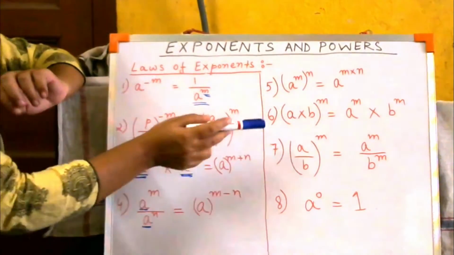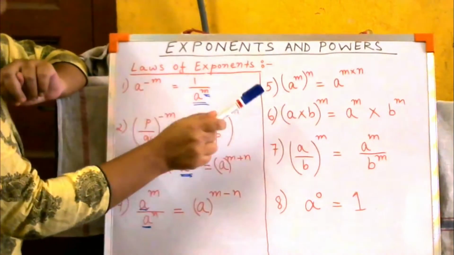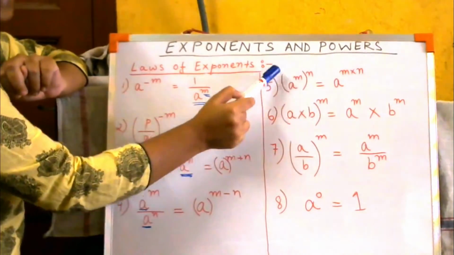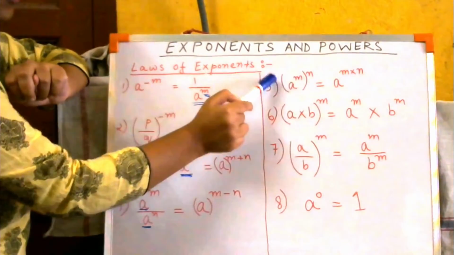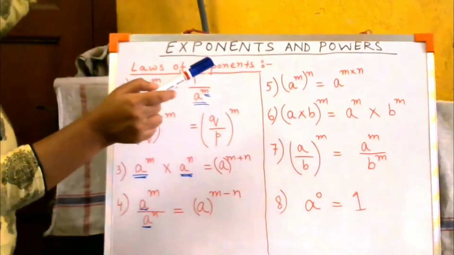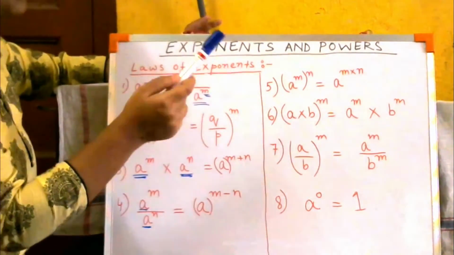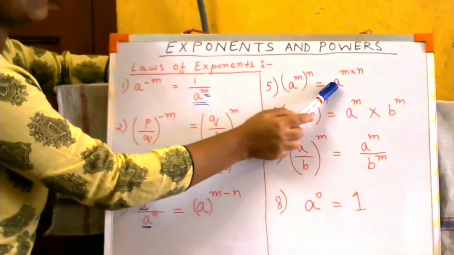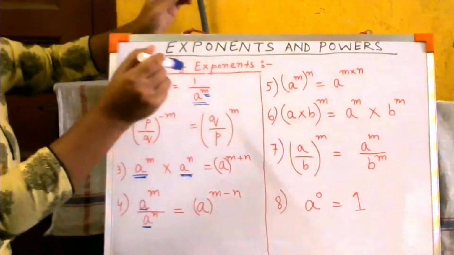Now, next let us come to formula number 5. Can you see in formula number 5, what if one base is there, and on top of that there is a power, but it is in a bracket and that has another power, like a to the power m whole to the power n. What if it is like this? What are you going to do that time? Simply open the bracket of a. So I am opening the bracket, I am writing a over here. What is happening to the powers? They are just multiplying. I guess you people know this.